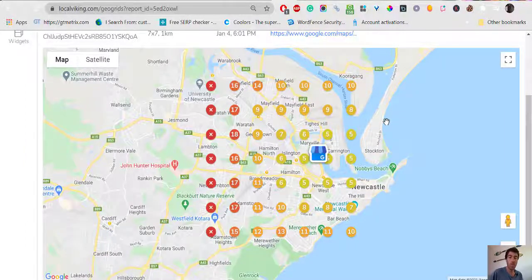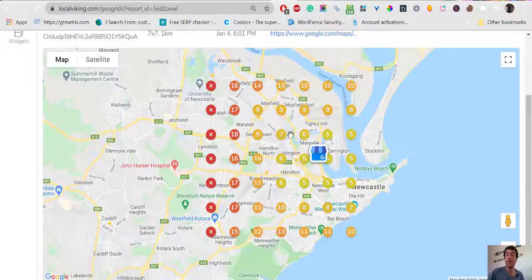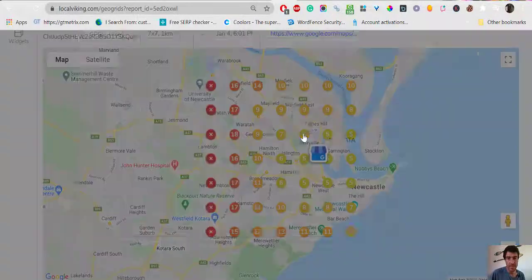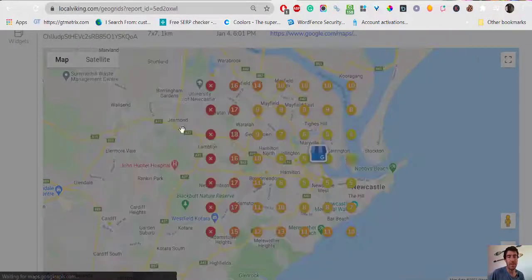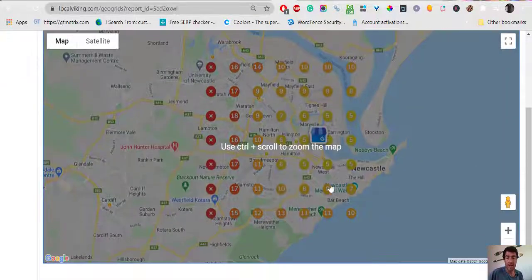If you want to work on the map specifically, because you don't want to do backlinks or change the content of your website or whatever, I can give you some tips. For example, let's start with the 5s. We need to start with the simplest one. Once you improve this 5 and turn it into a 4 and then eventually a 3, which is what you want, to be in the 3-pack,